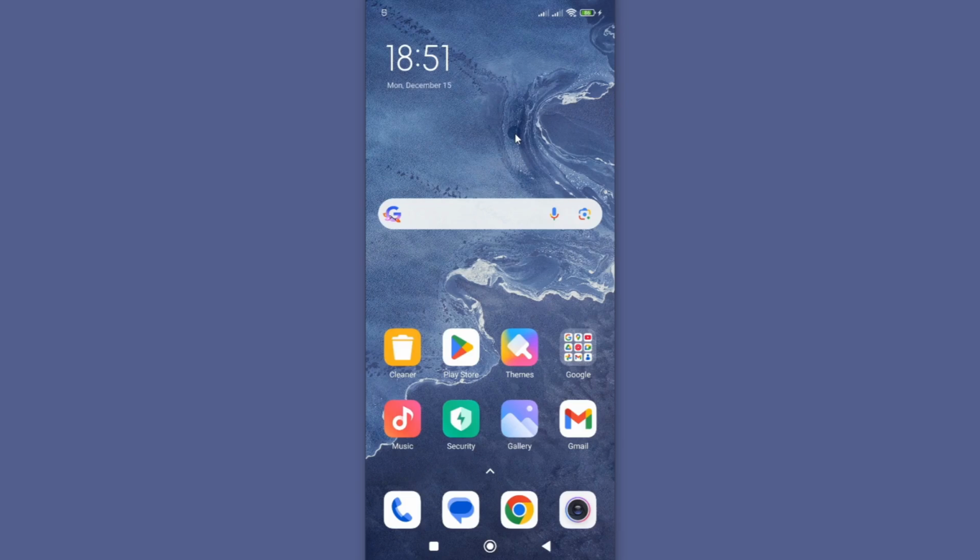In this video, I'm going to show you how you can install the right Ibis Paint X app on your Android